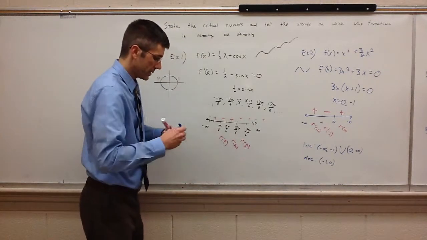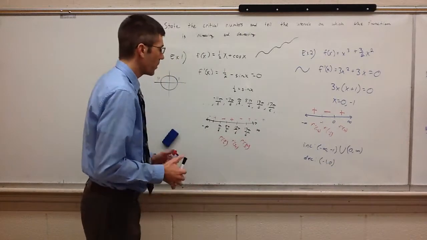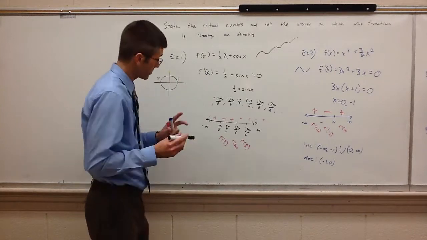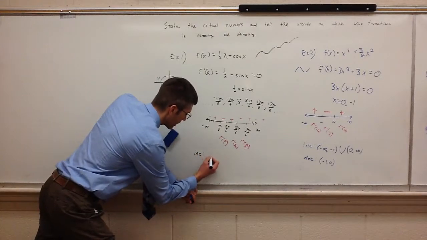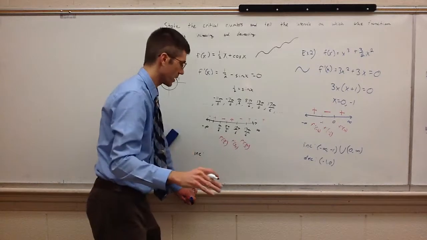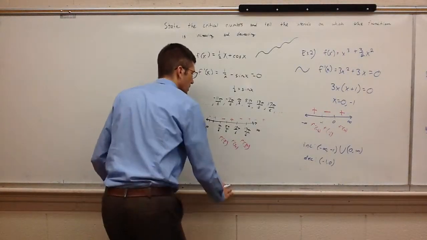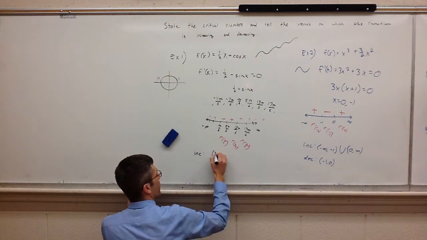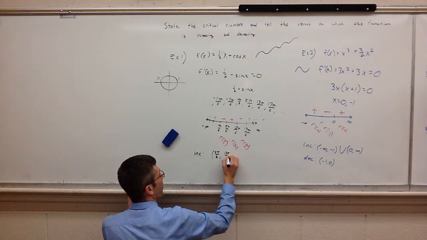Okay. Now, there are much more formalized ways of writing this, but just for the sake of what we're doing, this was a good one to practice with the unit circle on. We're going to say that it is increasing on multiple intervals. This is probably not the textbook way of writing it, but just for our purposes, it's going to be the best way to get this point across. So I'm going to use a couple intervals that I know for sure. So I'm going to say 5 pi over 6 to 13 pi over 6,